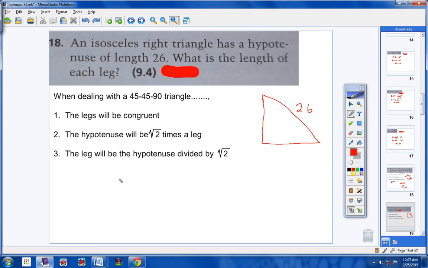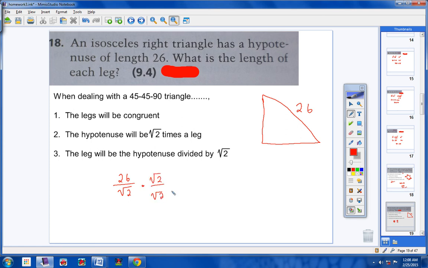So 26 divided by square root of 2. But hold it. Remember, I've told you guys, you cannot have a radical in the denominator. So we're going to have to rationalize the denominator and get rid of this radical. And we've talked about this, and we've done some homework on it, and hopefully you remember how to do this, okay? We're trying to get rid of the square root of 2. So in order to do that, we're going to multiply the top and the bottom by square root of 2,